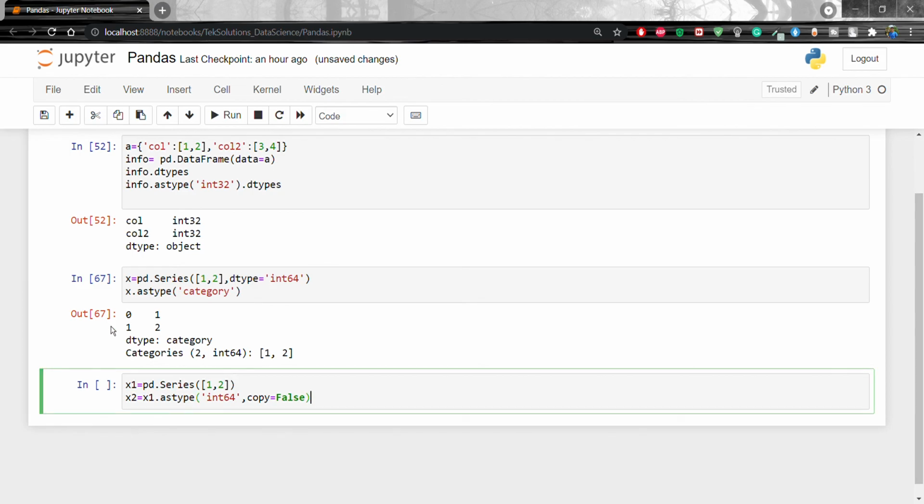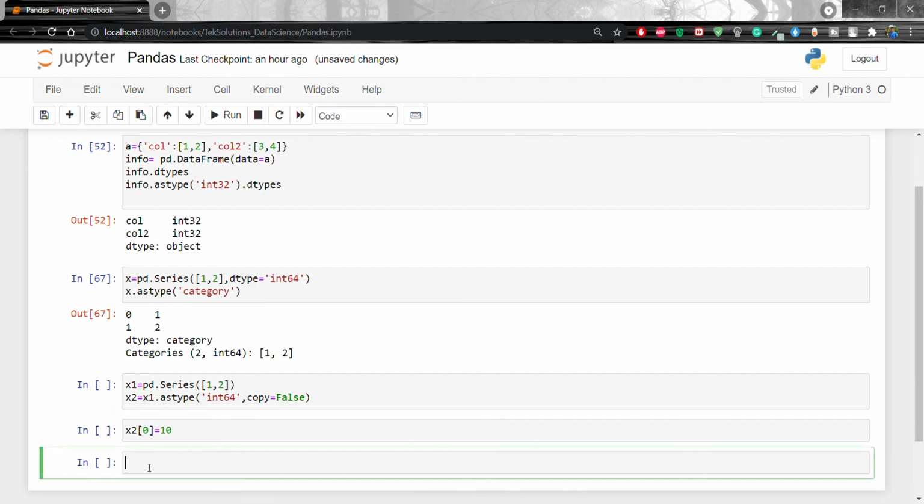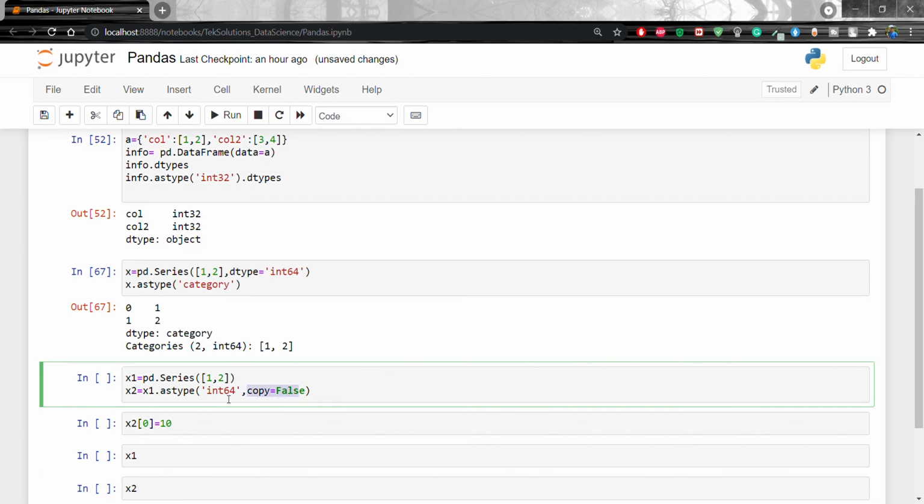Now in the next cell I am going to take x2, the value at index 0, and change it to 10. In the next cell I am going to print x1 and x2. So what will happen when copy equals false? Whatever value you change in x2 is going to be reflected in x1 also when copy equals false. Let's see with the example.